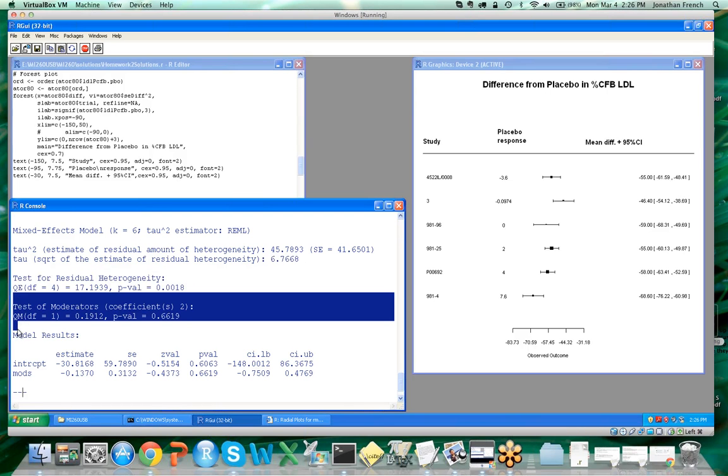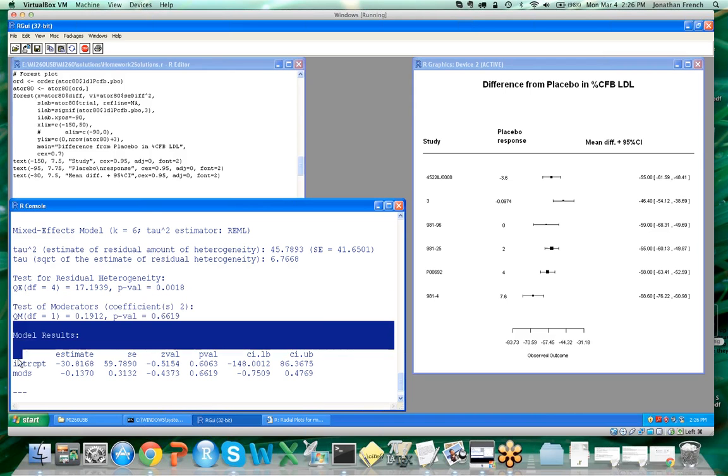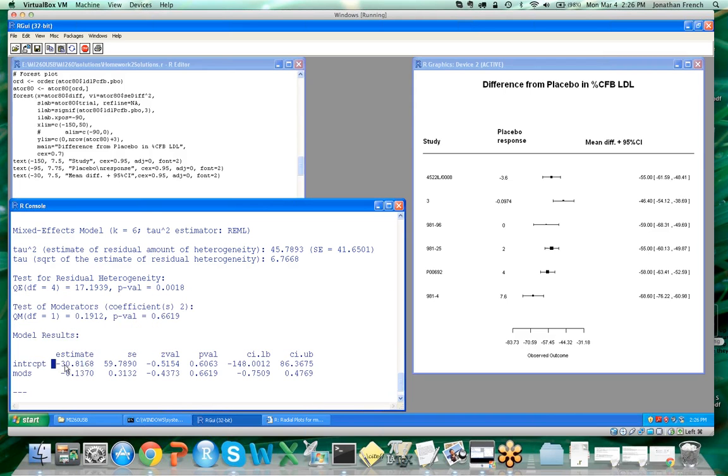This test here is the test for whether or not there's a statistically significant effect of the covariates. In this case, we have one covariate, baseline LDL. As we get into multiple covariates, this is an omnibus test testing whether all of the covariates have a significant effect together as opposed to individually. And then our model results are down here telling us that we have an estimate of minus 31 for the intercept, and the estimate of the slope or the relationship between mean